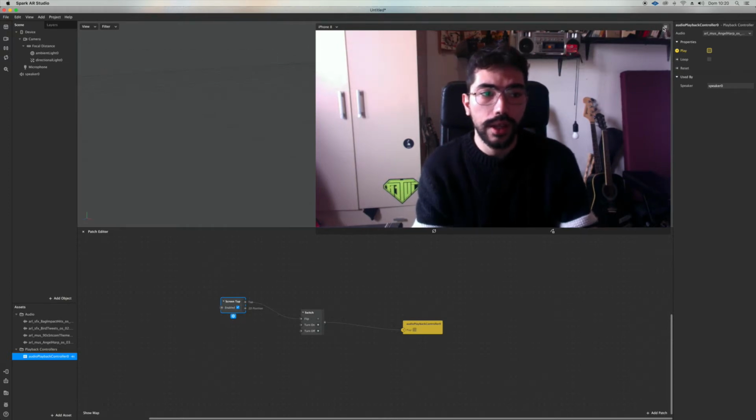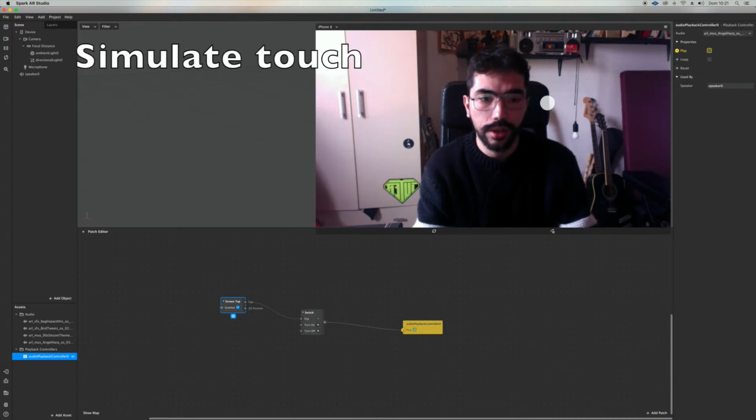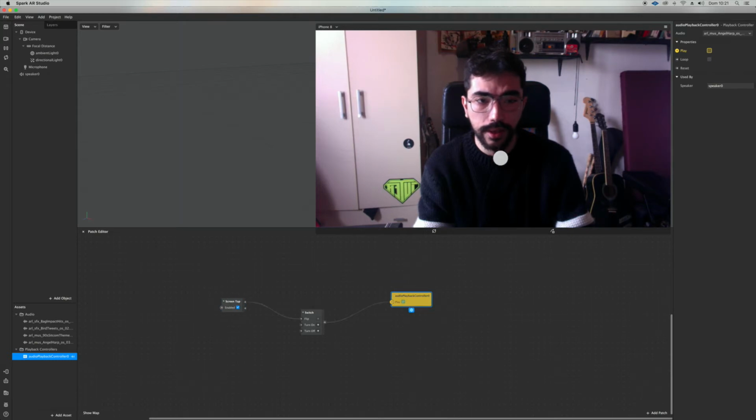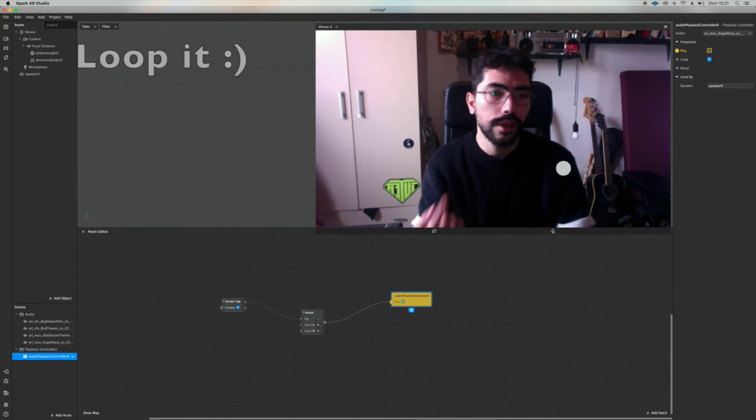So now you click up here on your camera preview and click on simulate touch. You tap and the song or effect starts. Then as you can see, we're not able to play it anymore. So what you want to do is loop it by activating this little tab here, and so you just press once and when the clip is ended it's just going to loop